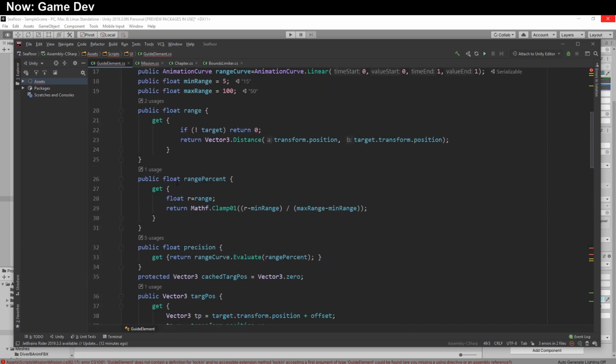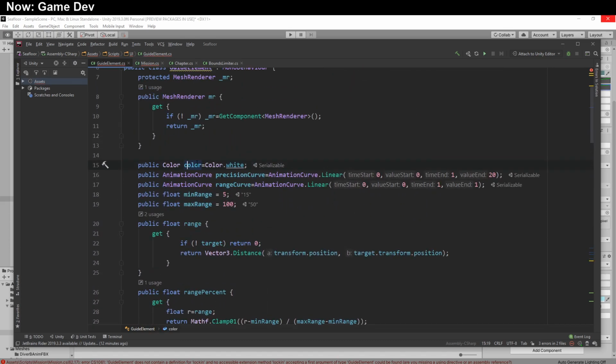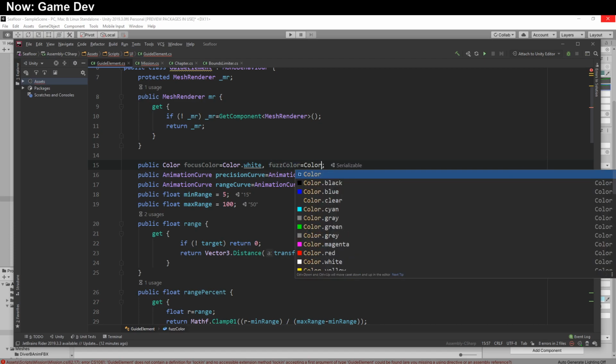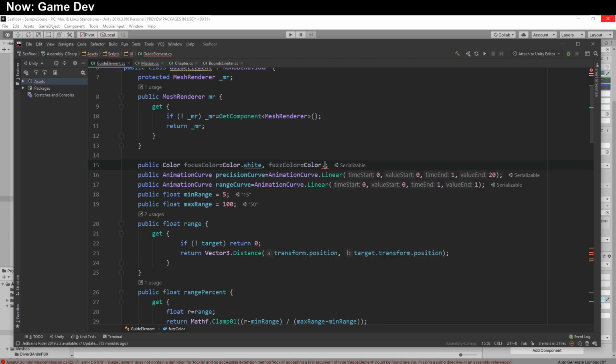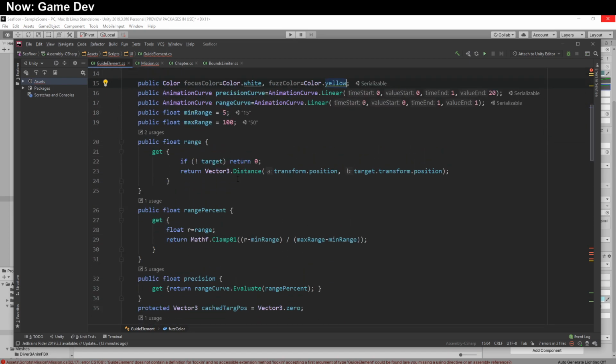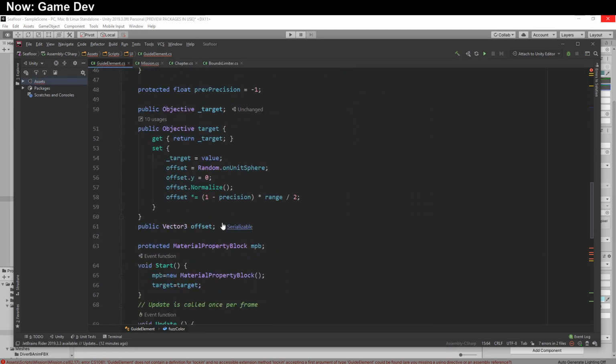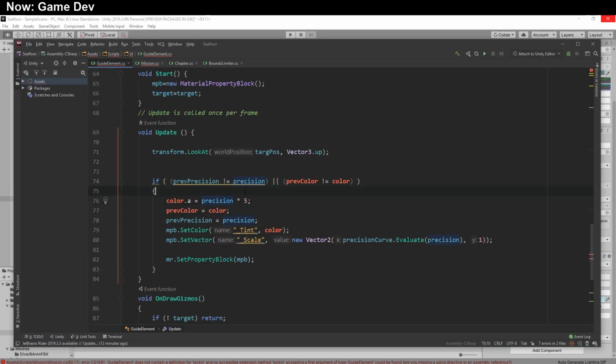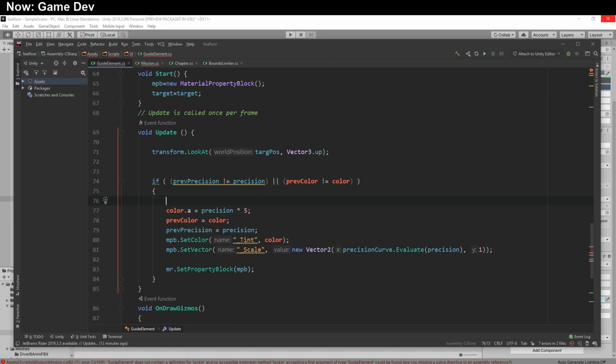We're going to go ahead and have two colors, which we'll call focus color and fuzz color. And we'll just loop between them based on what we need. So down here in our color setup, we're just going to say, oh, I see. It sets the alpha differently. That's not what we're using anymore. We don't care about that. So we're going to go ahead and say